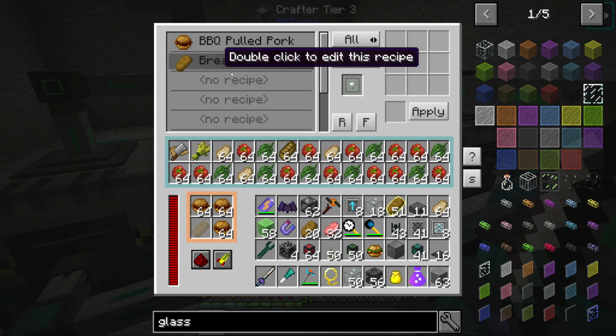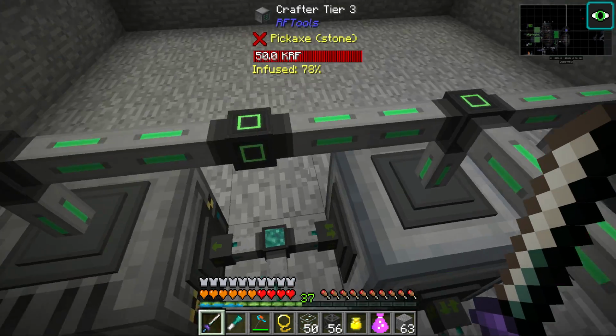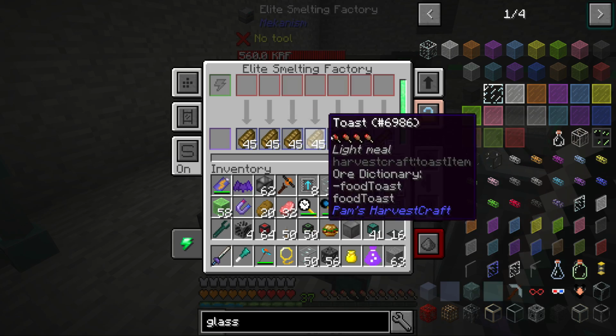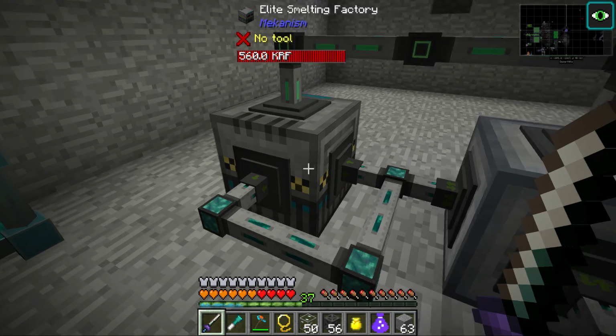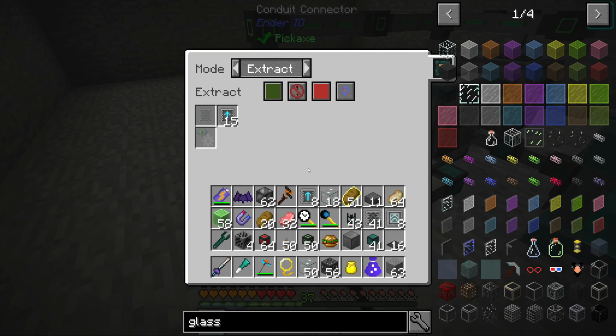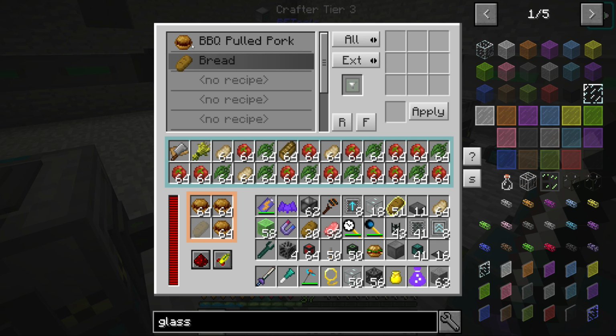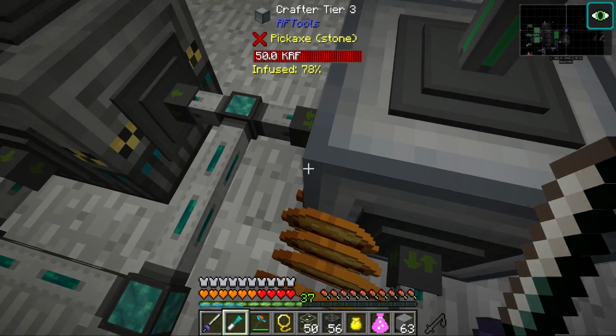Then it takes the bread that it's been crafting and sends it out here into this Elite Smelting Factory, which creates toast from it, right? And then from here, it takes the toast in the back and sends it all the way back into the machine, and then it can finally create the barbecue pulled pork burgers. Now, this is done in like an instant, a split second. Check this out. There we go. Edit backfill. Look at the backfill once again. There we go. And the reason it's not doing it at the moment is because